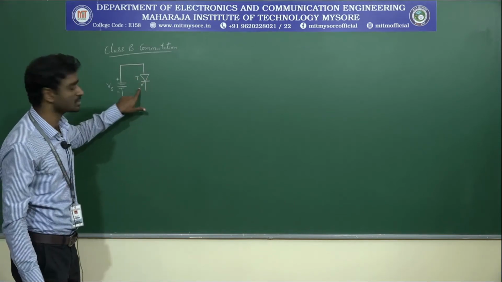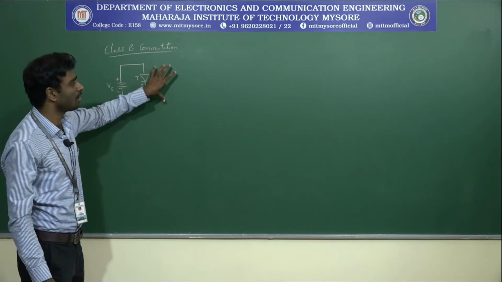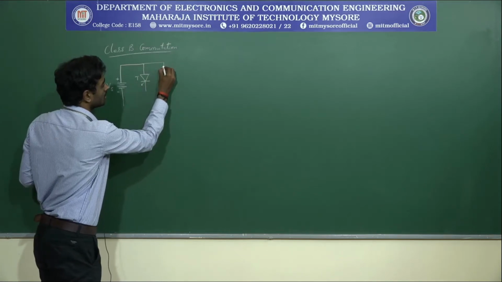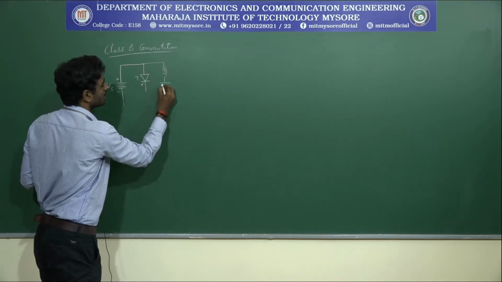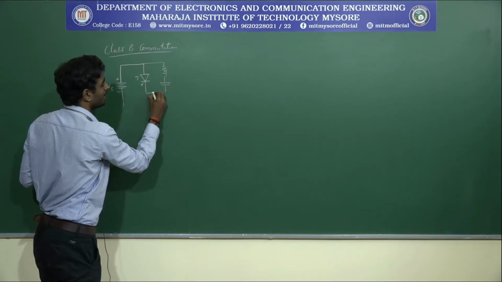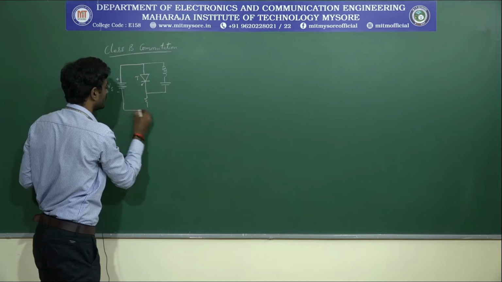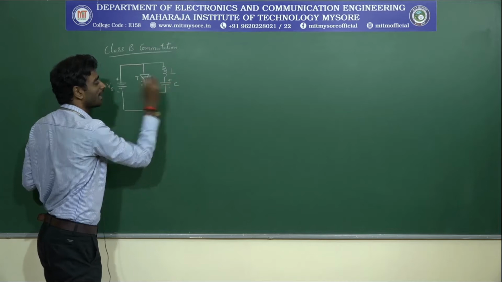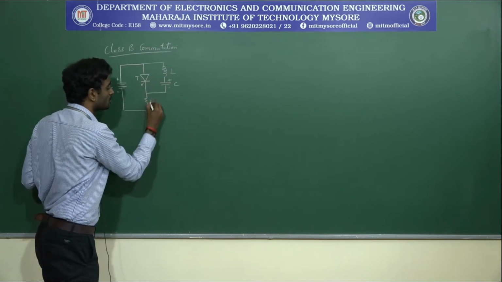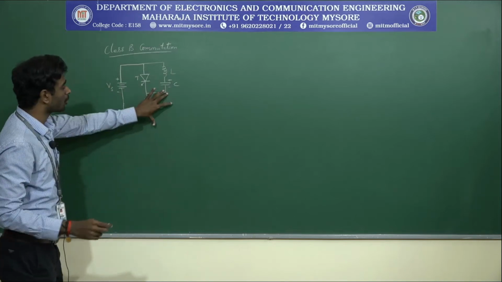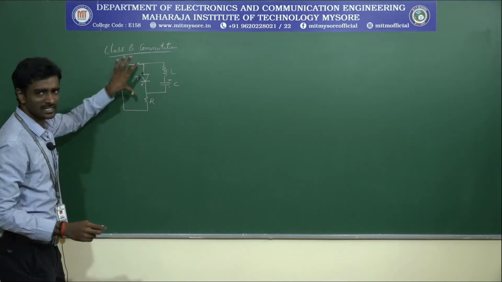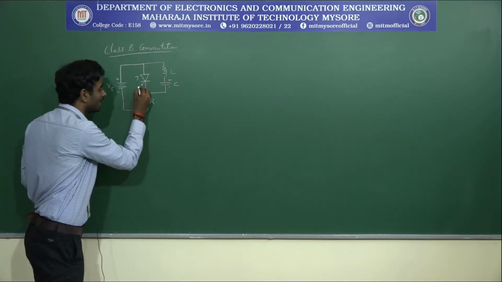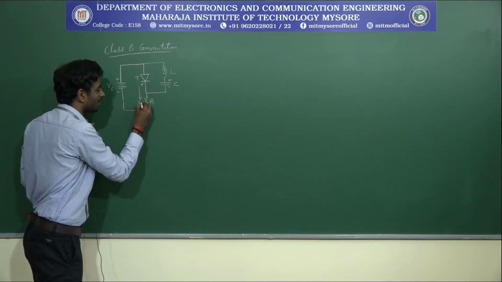I need to turn off this particular thyristor by using some RLC circuit here. For this, I will use an inductance and a capacitance, with a polarity of plus and minus, connected with some resistance value here. So, these are all the components I am using to turn off my thyristors. This design is called class B commutation, and the current flowing across this will be called the load current.